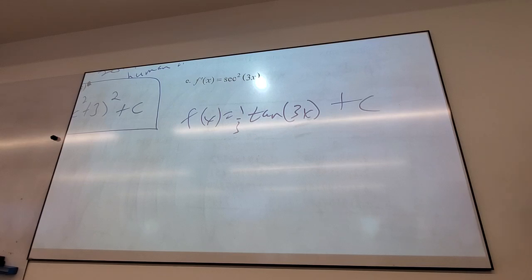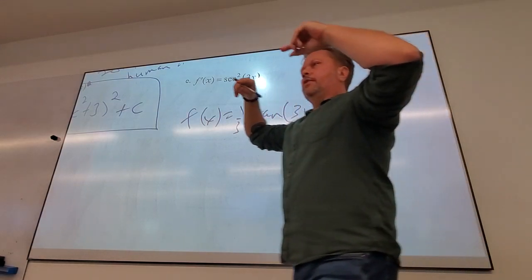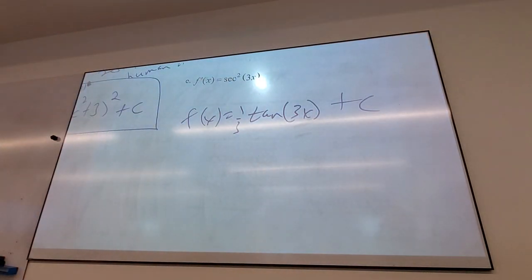I need you to notice something. I'm trying to force you to start looking at this in the right way. Do you see how I focused everything on the fact that it was a secant squared? So I know it had to come from tangent. Do you see how then I could just make the numbers work? I could just figure out backwards what must have been there, because there would be a 3 there, but there isn't. There must have been a 1/3 that killed it when the poor little dude came out. It's like, I'm free, and then he dies. Very sad story, but